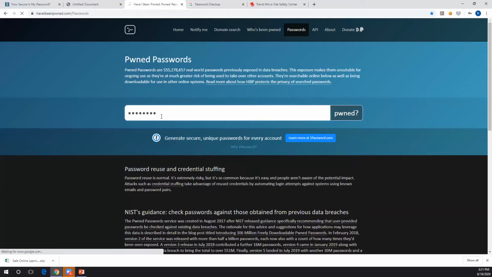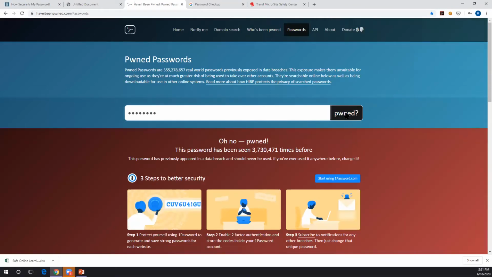Let's say, for example, I type in "password" here, and then I'll check. You will notice that this password was used 3 million times already. Right? So avoid using a password that has been used before, because there is already a data bank that hackers can actually use, of those known passwords. All right, so let me go back to my presentation